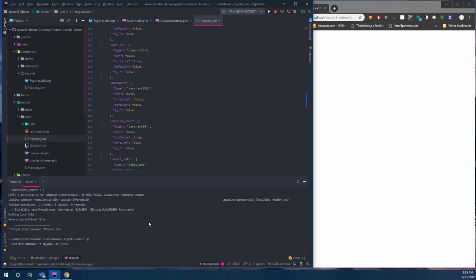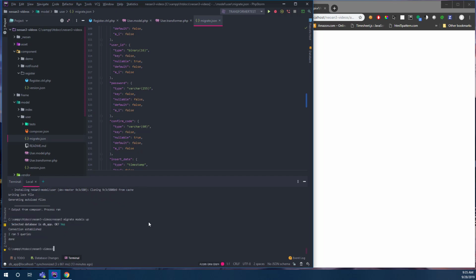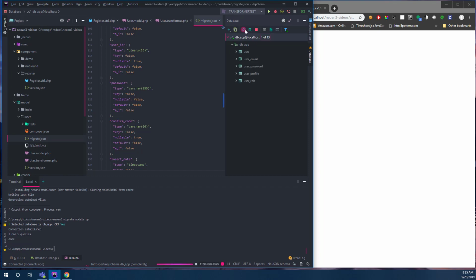This is DB app, and that is okay. If you don't have any credentials saved in the Neon3 CLI, it will ask you to do so. It asks whether those are the saved credentials, and whether that is the database I want to perform the action against. Yes, I do. So we created 5 queries, which means my database should now have, if I do that one, yep,